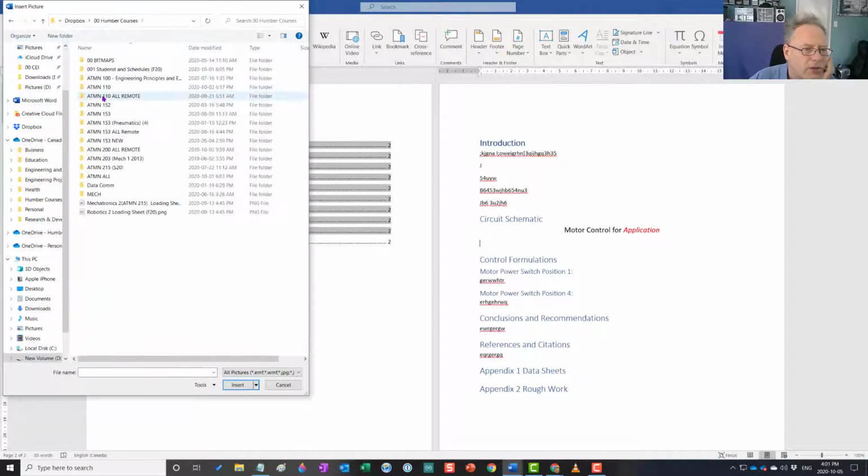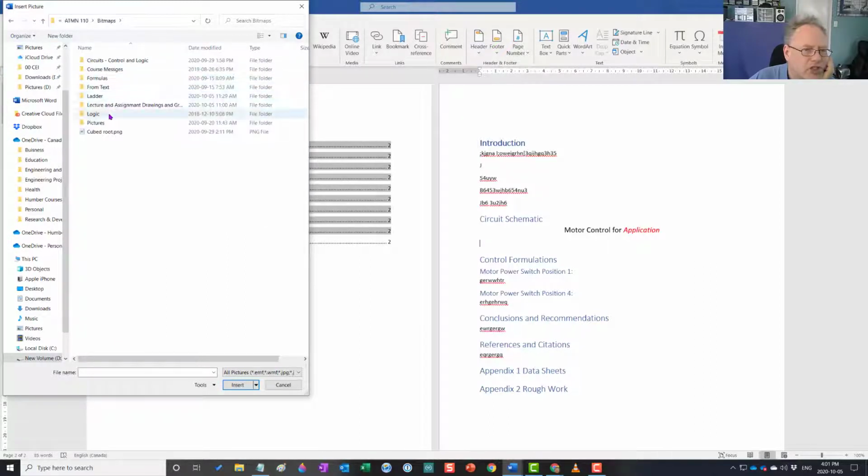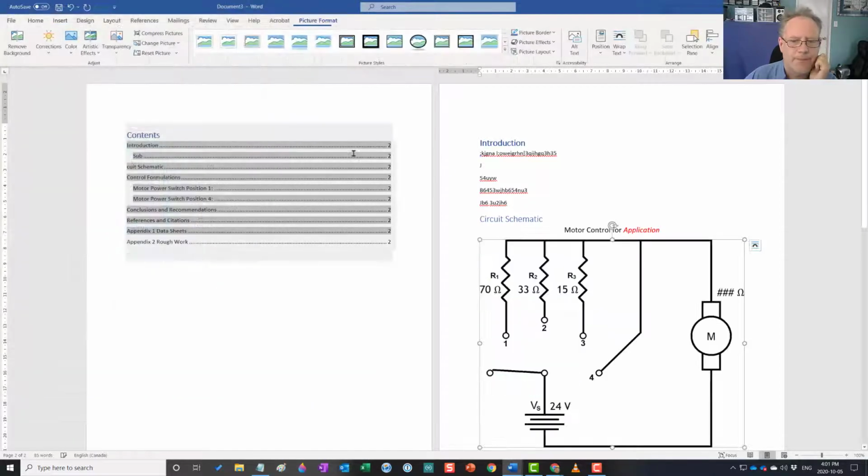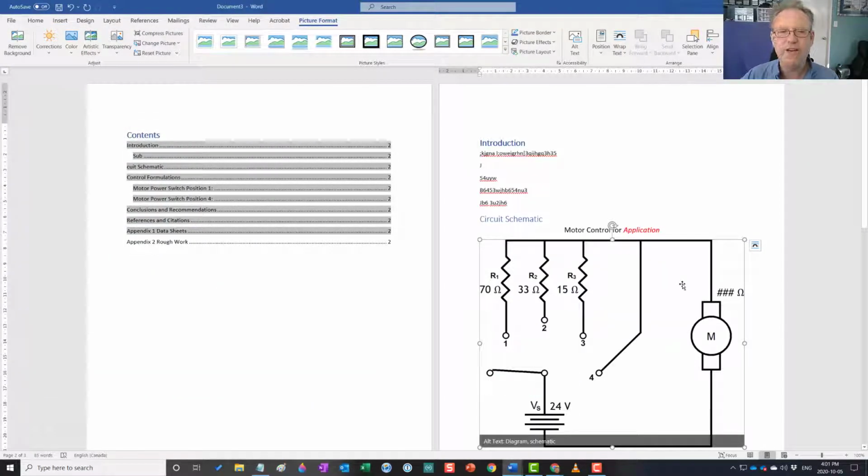I'm going to go to Humber Courses. I'm going to go to 110. I'm going to go to circuit, bear with me, control circuits. Here we go. There you go. Bam. So it's here now, and you know that you've got to label this motor with the ohms that is